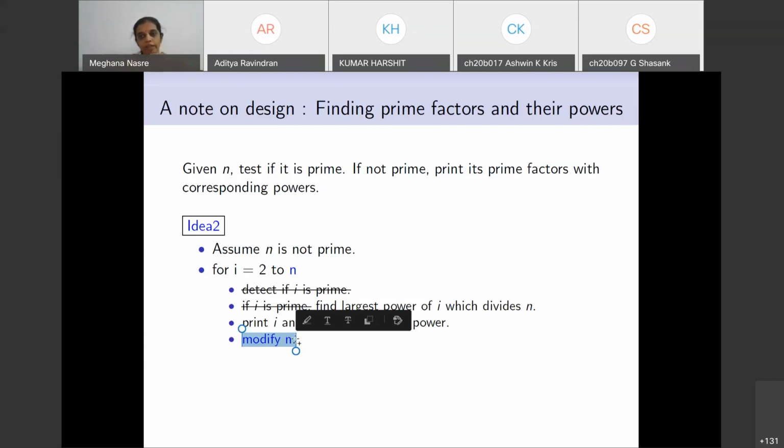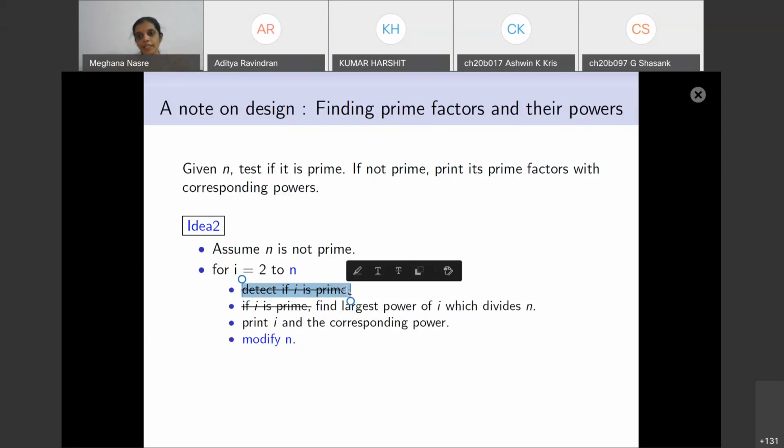So you don't have to worry about detecting if I is prime, because the remaining things that divide it are automatically prime: you take a prime and remove all its powers, all possible times you can divide it from that number. So this is the idea that we are going to implement.